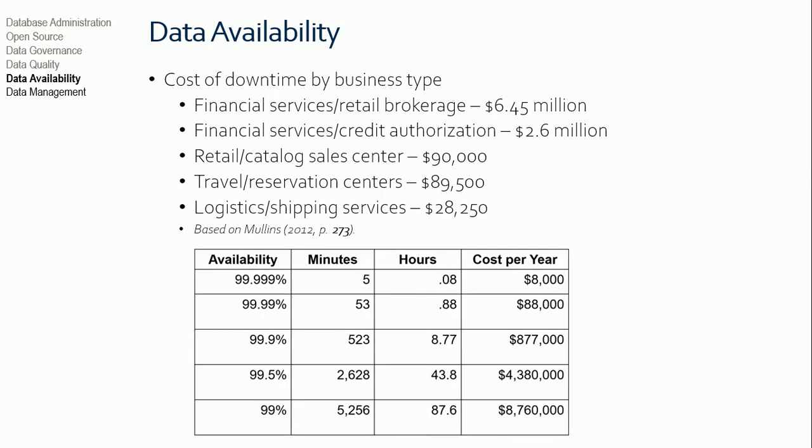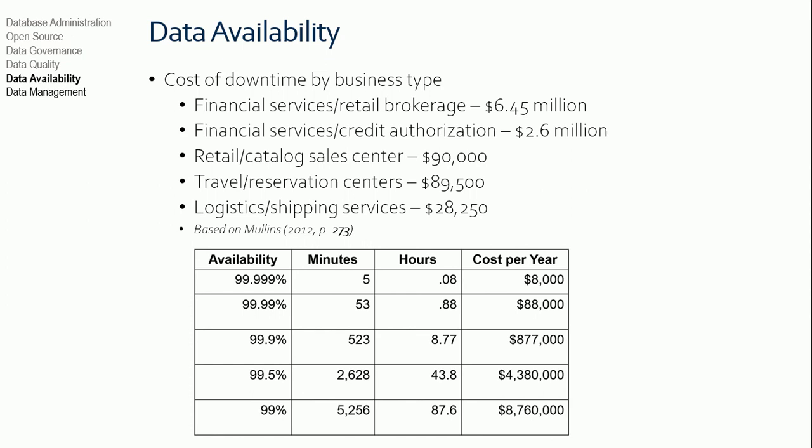But here's another example, right? This is also from your textbook, and this is the cost per year. I forget which one of these business sectors this is from, but I talked about how the cloud has 99.5% uptime. Well, 99.5% means I'm down for 2,628 minutes per year, right? That means it's going to cost me $4,380,000 per year for that downtime, based on the number of hours, right? So 43.8 hours. You can do the math in your head if you're really smart, right? But there's always one in every class that can do this math in their head.